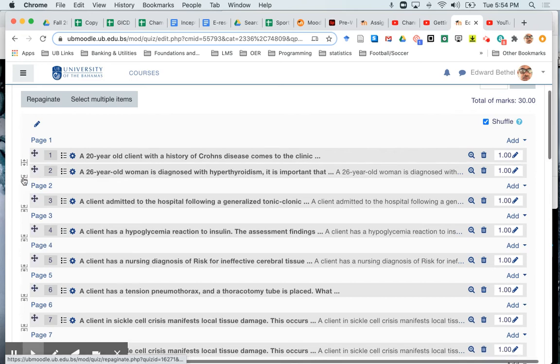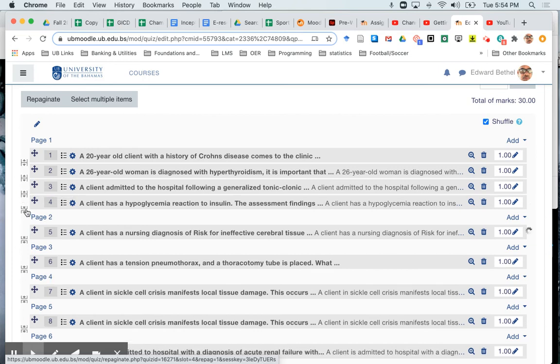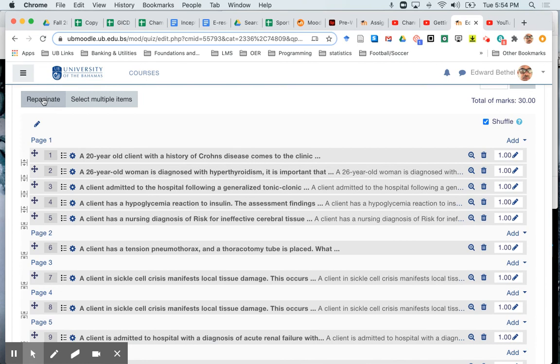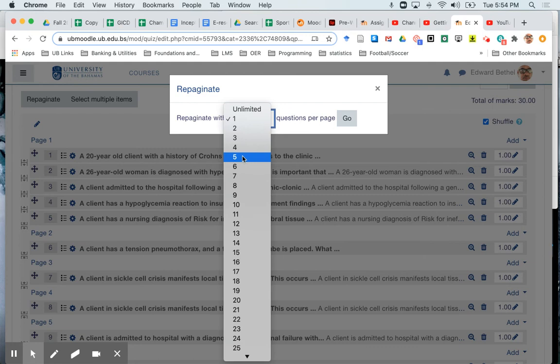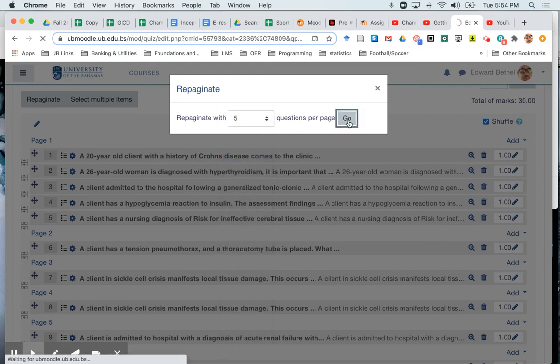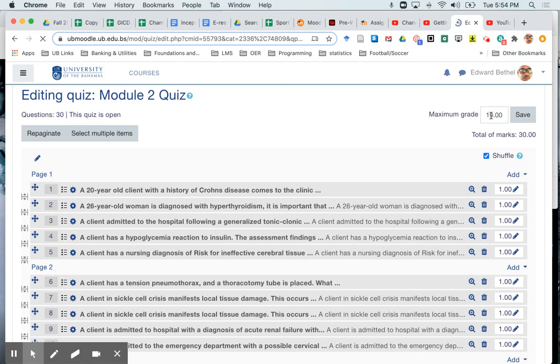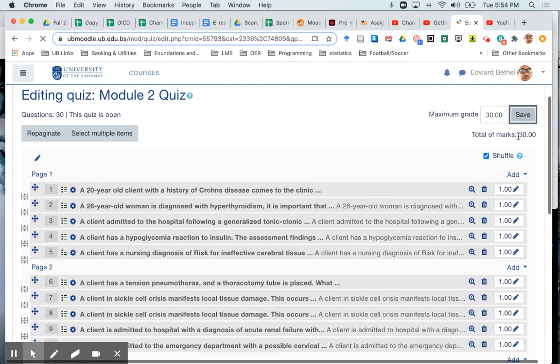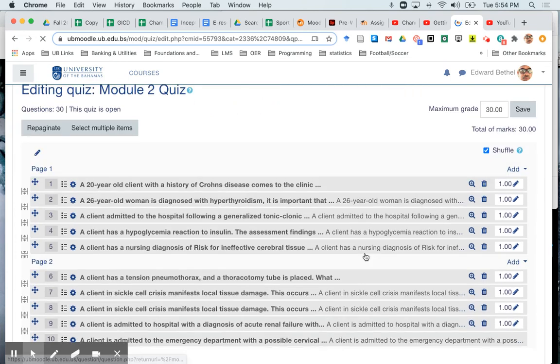And question 1 and 2 are on the same page. Question 2 and 3, etc., etc. Or you could just click on repaginate, and I'm going to change it to, I wanted 5 questions per page. So I'm just going to click go, and it will automatically group my questions with 5 questions on each page. And I've got to remember to change my maximum grade now to 30 so that the marks that the quiz is out of reflects how many questions are on the quiz. So that's how you can create a quiz using questions from a